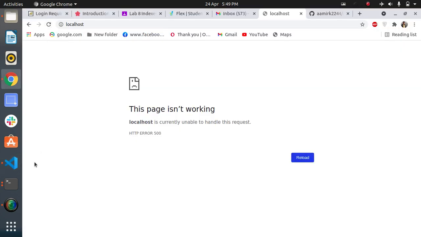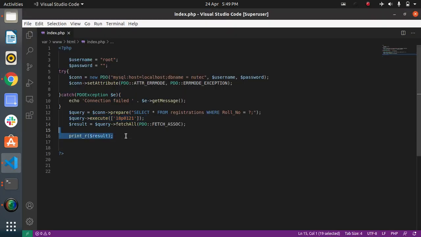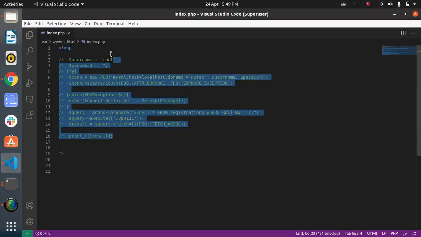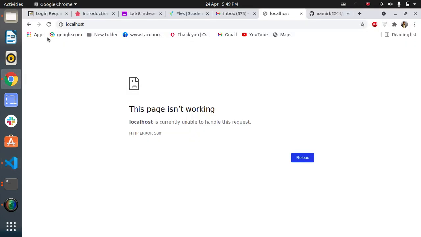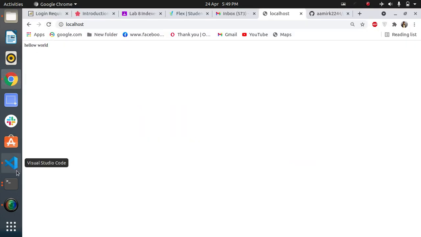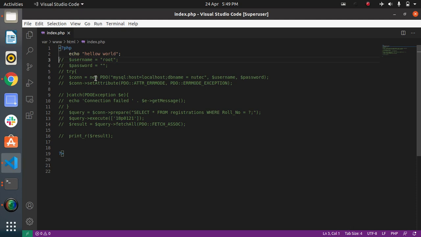Oh my goodness. Okay, so let's comment this out and try echo hello world. Check if it is a connection error. Hello world is working, and username, password, try block, and new PDO, host equals localhost, it is also fine, and DB name is equal to newtech, it is also fine.